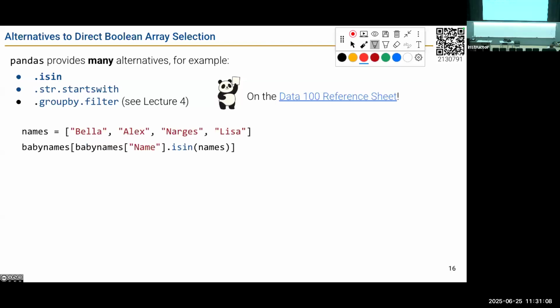So we can do this with those names we just saw. So if we have a list of those 4 names, instead of asking whether name is equal to each of those names and then using or, we can just ask the question, well, does that series fall in the array or the list containing all of these names? And what we're going to get back now is a Boolean. This is going to give us a Boolean series that is true when the baby name is one of those names and false when not.